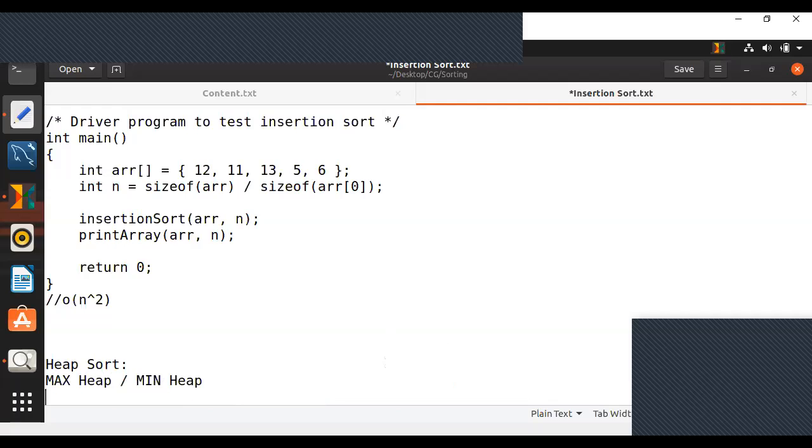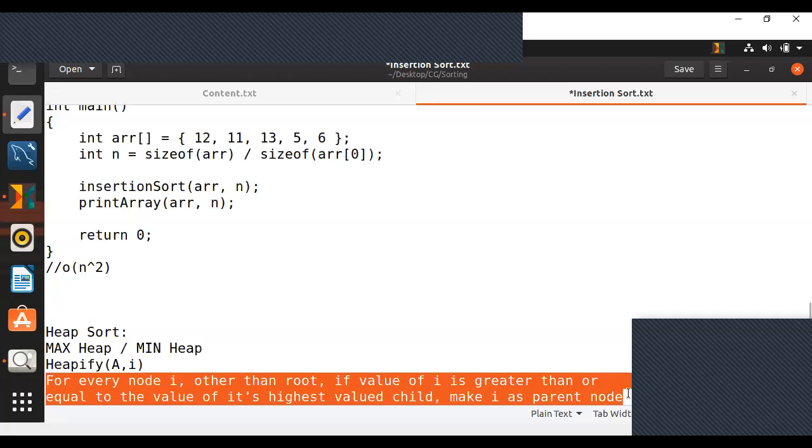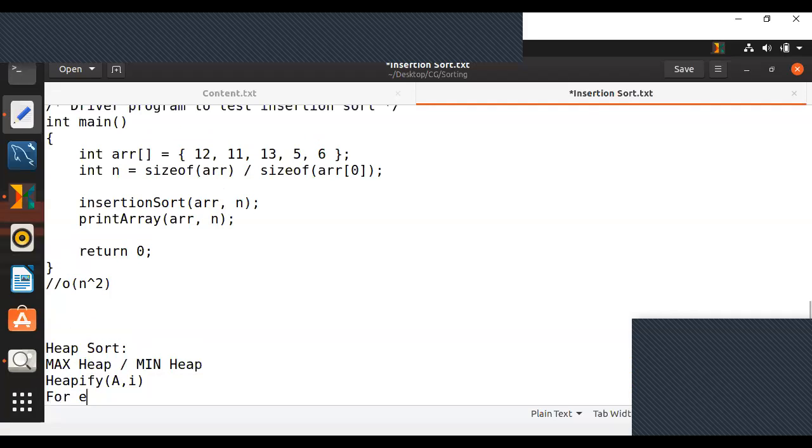We generally call the function in which you perform the sort the heapify function, where you send the entire array and the value you're supposed to send. Once you send the value to this, you're going to perform the sort. If I want to write this in the shortest, easiest way possible, I'll just write: for every non-root node, let's say it is I, all that you're doing is